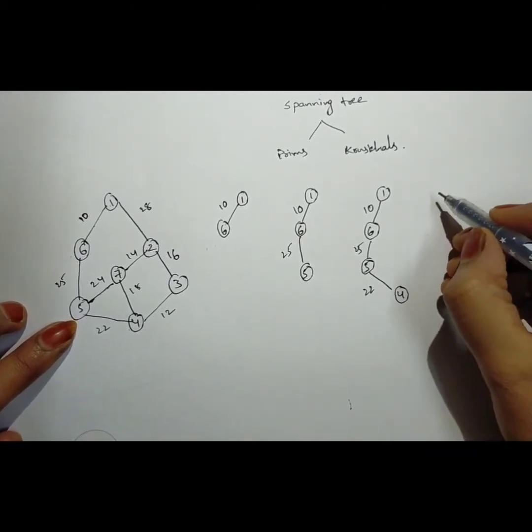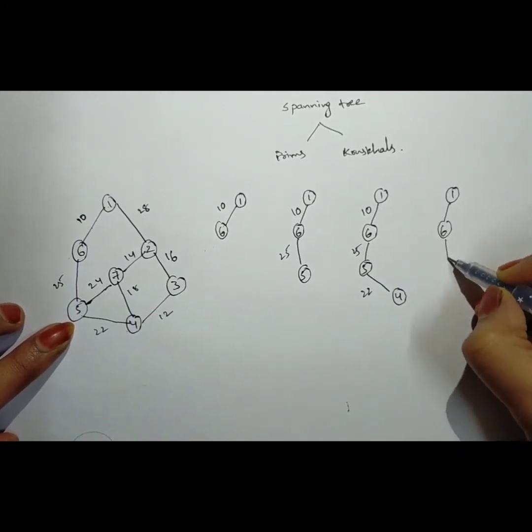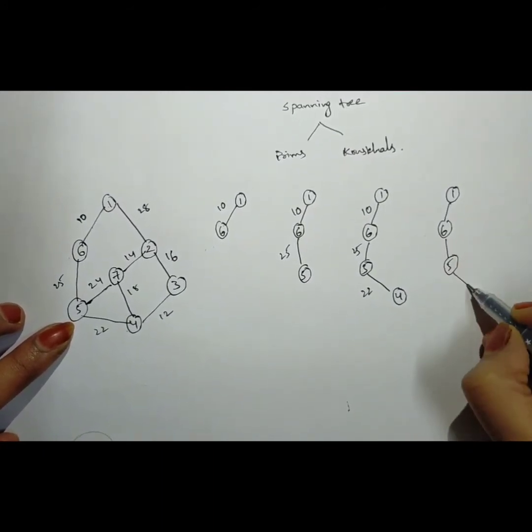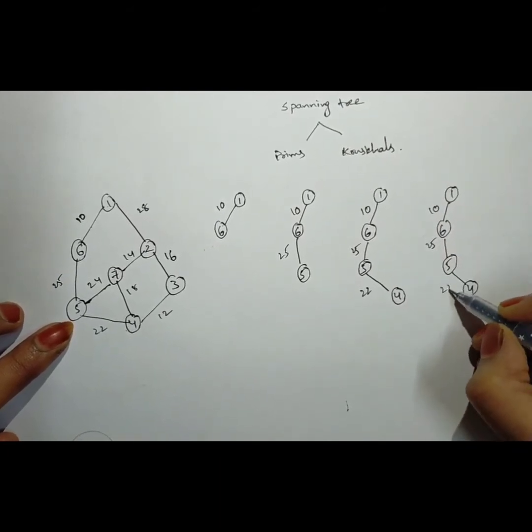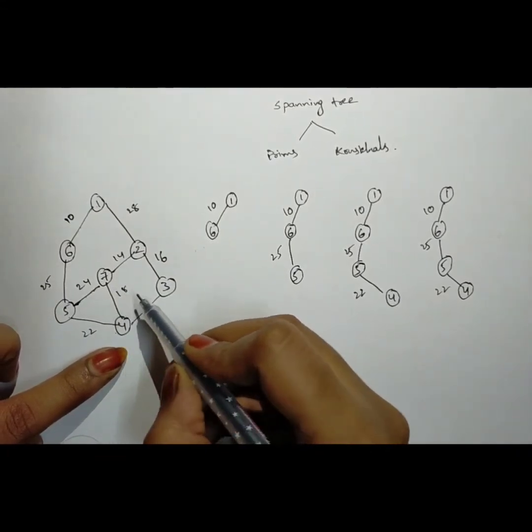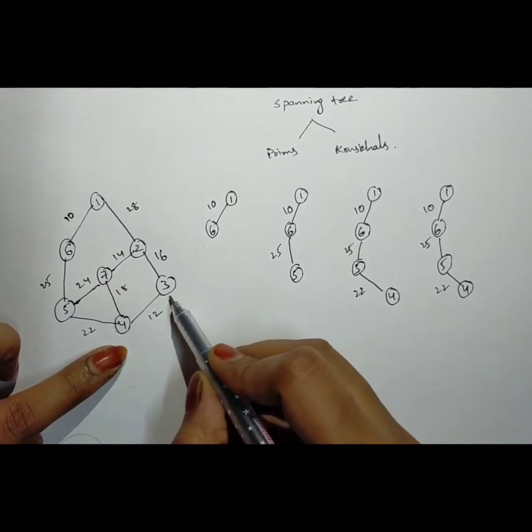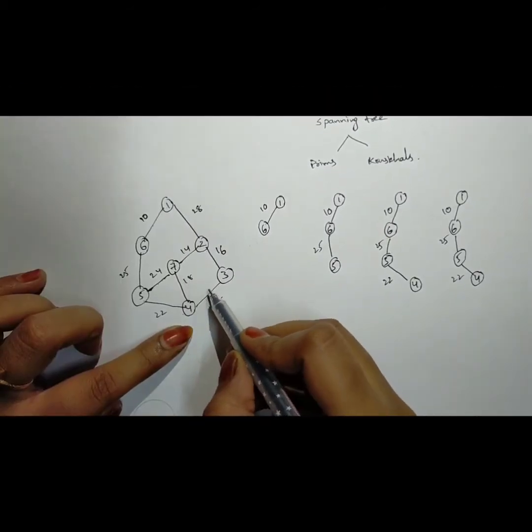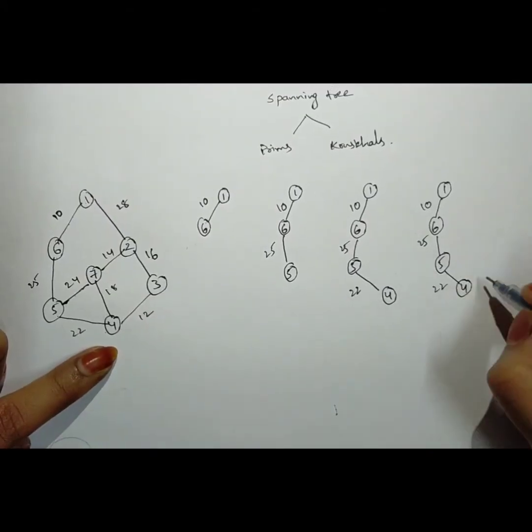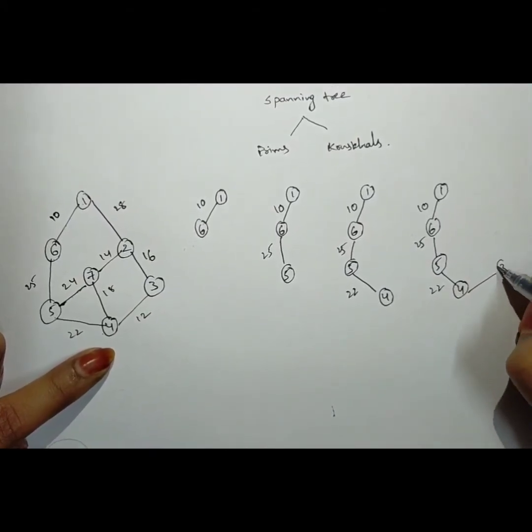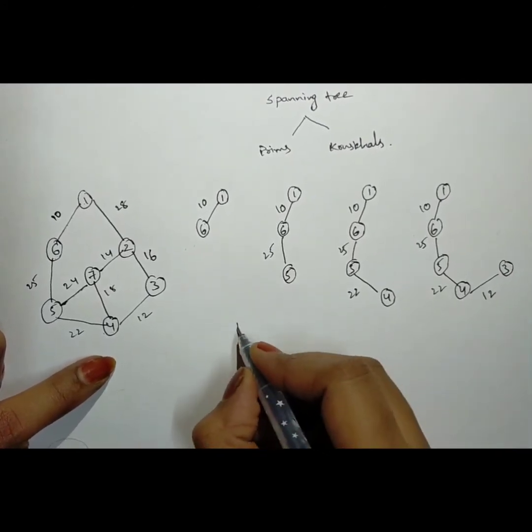Okay, next, in the fourth step, from vertex 4 we have 2 different edges, that is 4 to 7 and 4 to 3. We need to choose the shortest edge between these 2 edges. The shortest edge is 4 to 3. Now I am drawing the connection for 4 to 3 and their weight is 12.